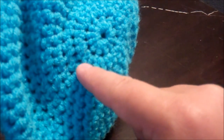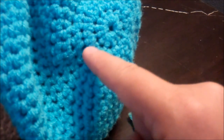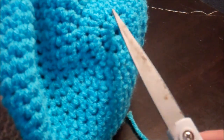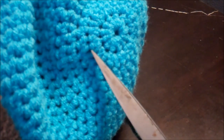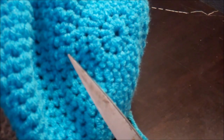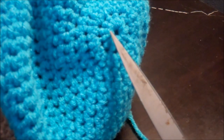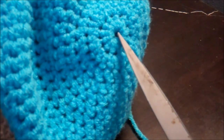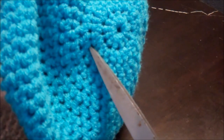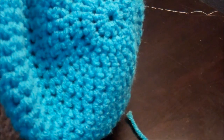See how the stitches, you can see your lines and your stitches inside there, the circles? The holes, pretty much. These holes right here are showing you this is one row, here's the other row, and right in between is the row. And that's how you're dividing your rows, and you can see them. We're going into the second row. This is the first row, because you can see your middle circles. This is 1, this is 2. We're going to go right into these stitches here, and we're going to sew them in,